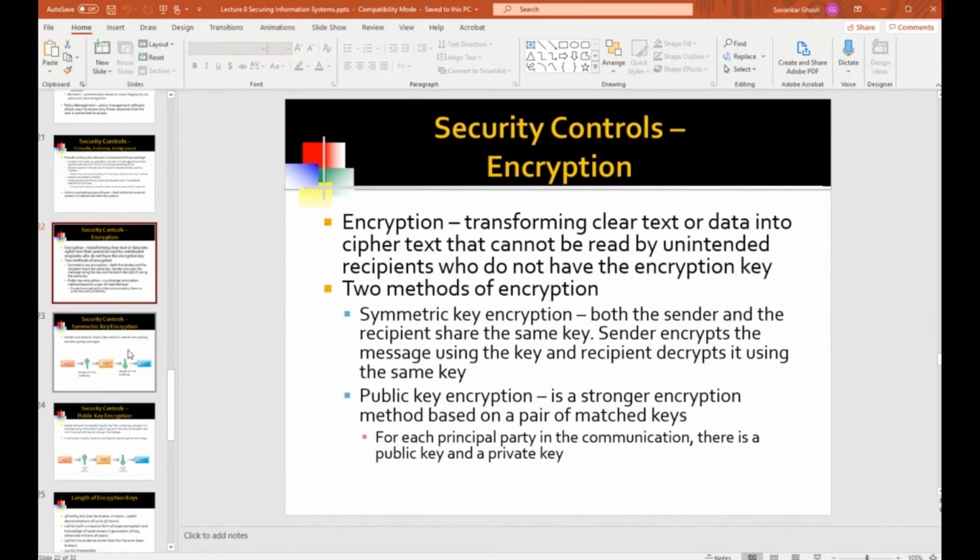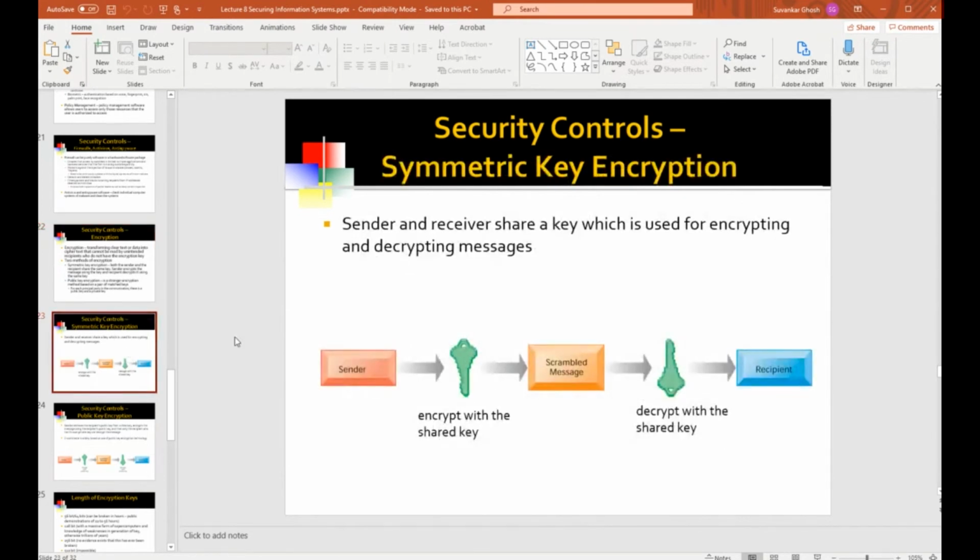One of the weaknesses is in symmetric key encryption. Encryption basically is that the sender wants to send some data of some kind to you, and the information, let's say it's textual information, is transformed from clear text, which is text that you can read, into scrambled text. Scrambled text is just gobbledygook, a bunch of characters which have no intelligible meaning. So the scrambled text then has to be decrypted.